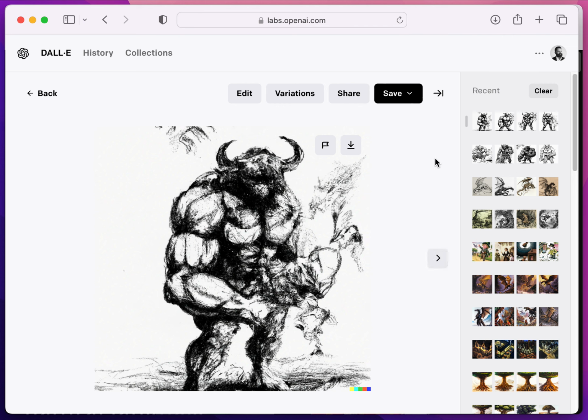So this is a summary of how we could use Dall-e to flesh out some of the illustrations for the adventure that we started in ChatGPT. And next, we'll be having a look at how we can start to take all these things and put them into Foundry to